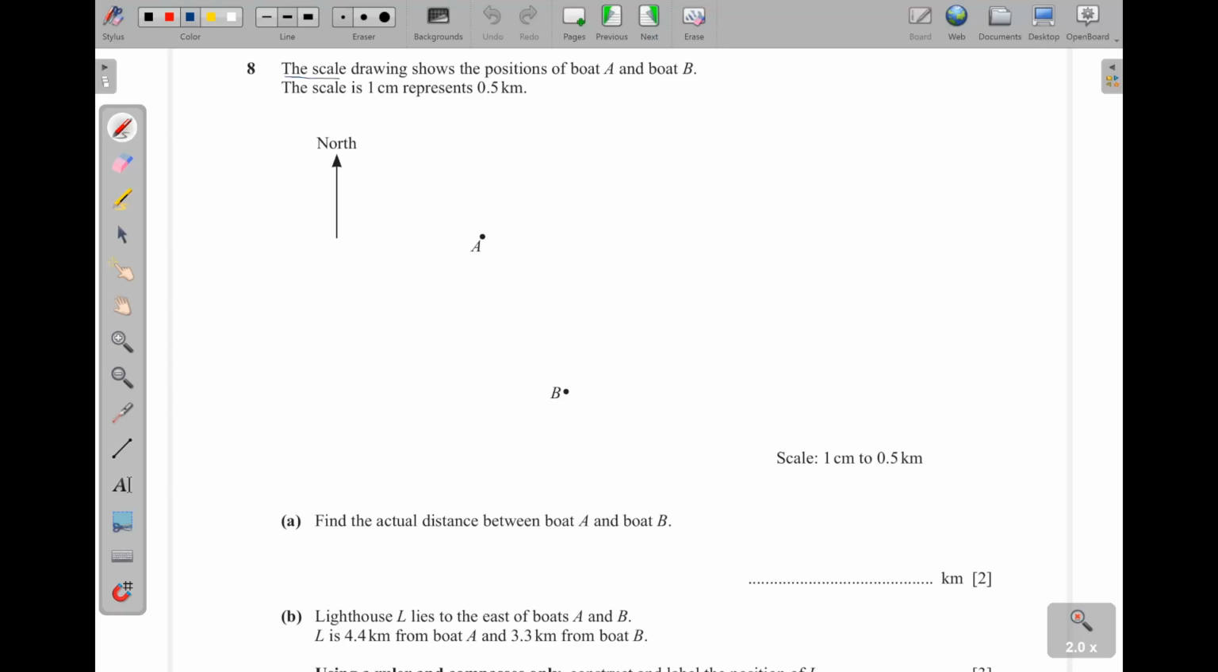Question 8. The scale drawing shows the positions of both A and B. The scale is 1 centimeter represents 0.5 kilometers. And they're saying part A, the actual distance between A and B is what we are supposed to find. So what you do, you join these two